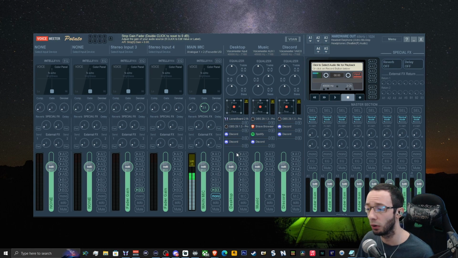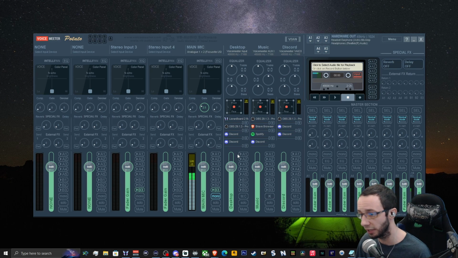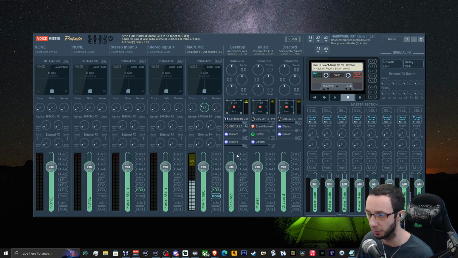For now, I only want my sound in my headphones. I only want sound to come out of my headphones. The speakers won't have anything coming out of them. So we tick on the A1 lights for these three columns. So now, if you play desktop audio, music, or voice call on Discord, you should hear and visually see these